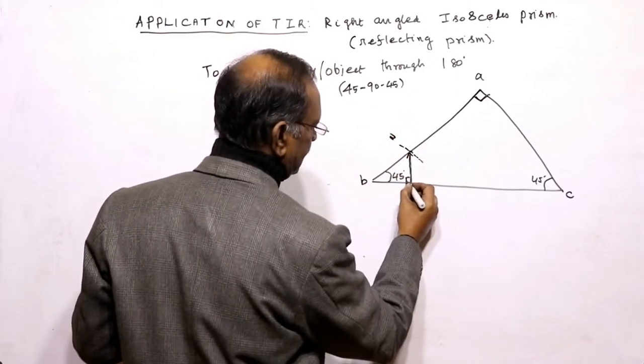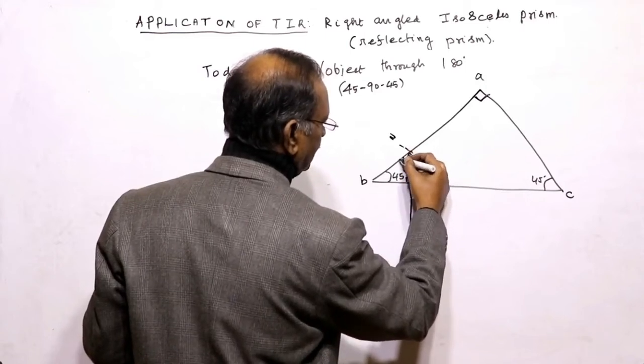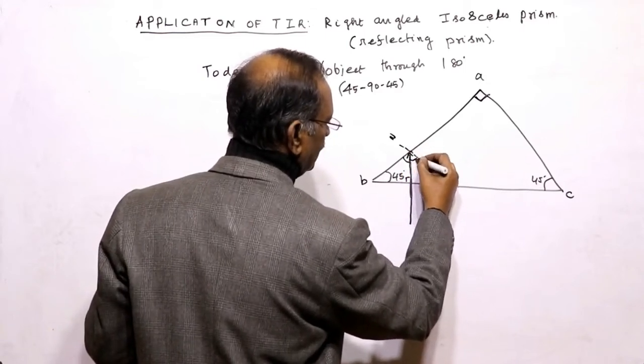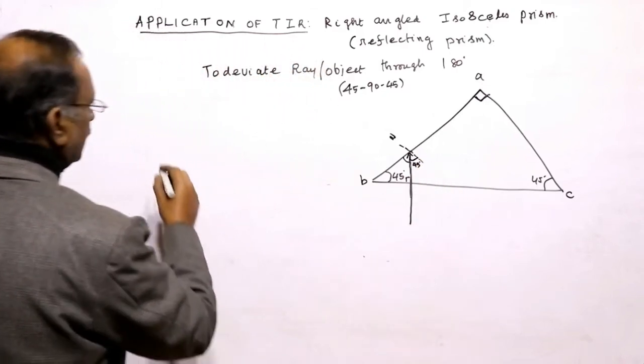Since this is 90 and this is 45, this will be 45. If this is 45, this is 90, this will be 45. Since it is 45, the angle of incidence,